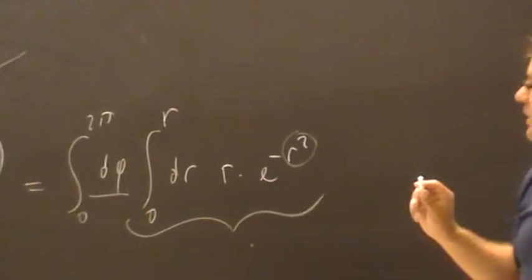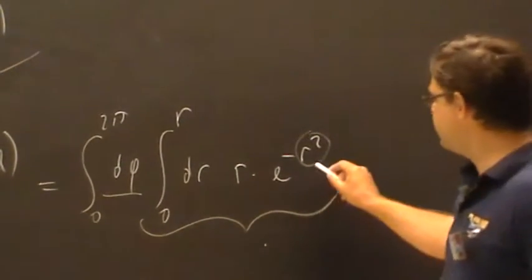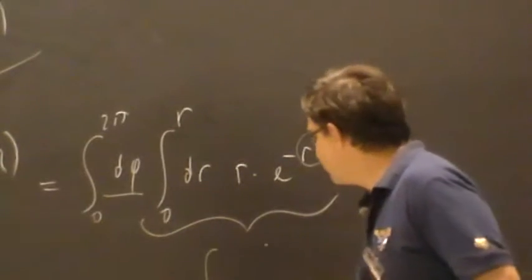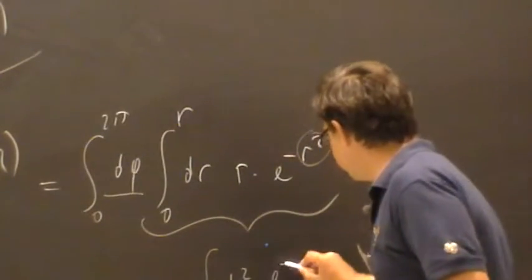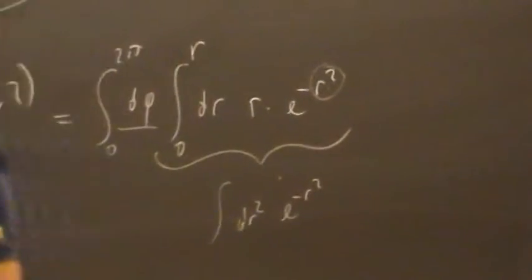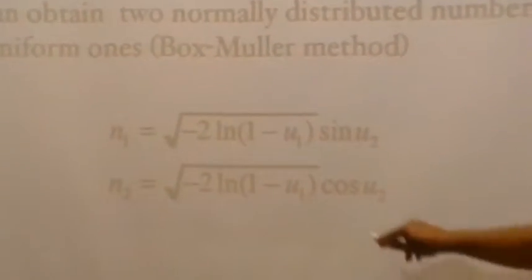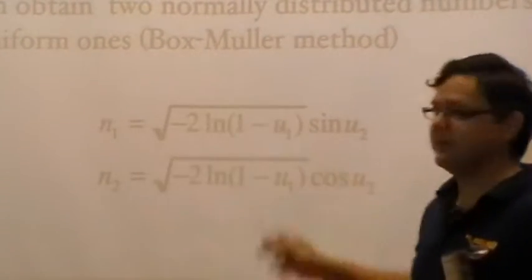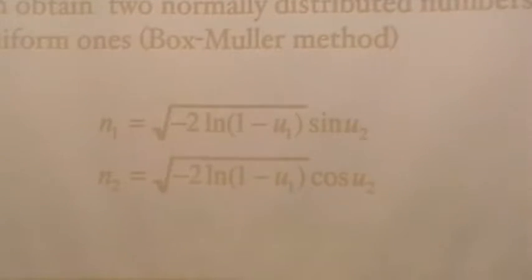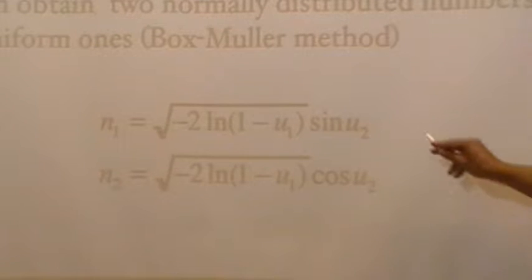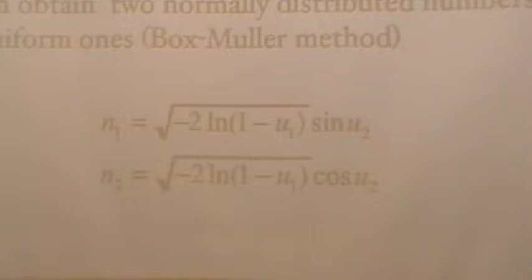I calculate from that an exponentially distributed number for r squared. So this is the integral with dr squared, exponential of minus r squared. That is this: minus 2 times log of 1 minus u1. Then I take the square root to get r out. Then I multiply it with the sine of a uniform phase for the first number and with the cosine for the second. So getting two uniform numbers, I can, using the